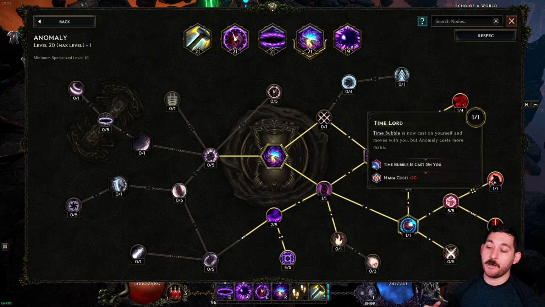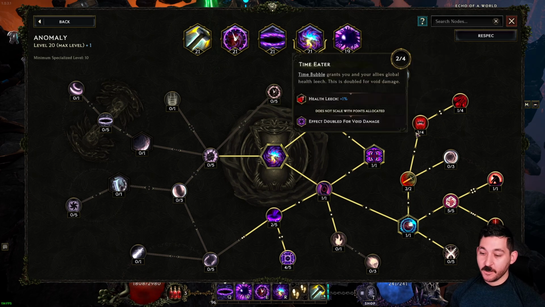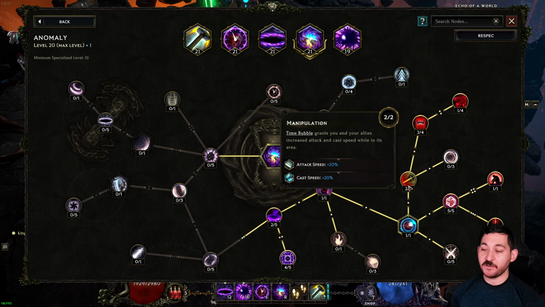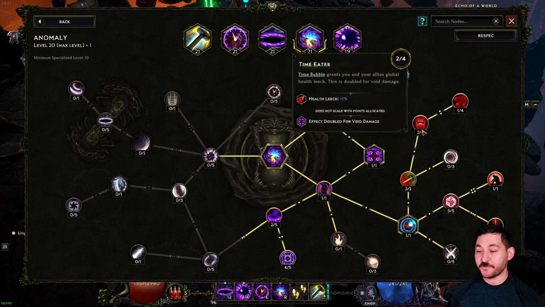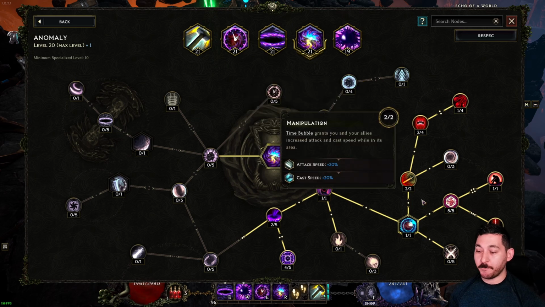And of course, the time bubble follows you. So you get huge leech, regen, huge leech. You get massive attack and cast speed. You can take a point out here and get more leech if you want. Personal preference. Immediacy is pretty much required because you trigger your time bubble as soon as